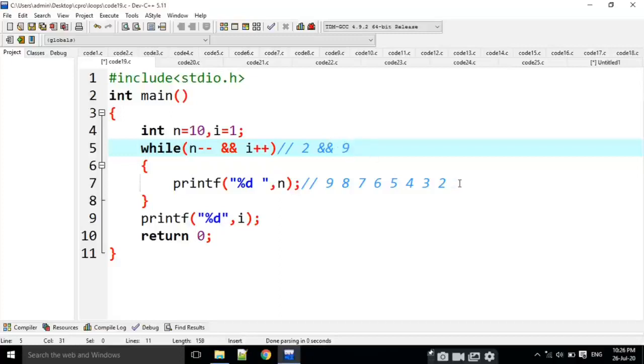Both are true. That's why it is going to print 1, and i becomes 10 and n becomes 1. Both are true again, and it is going to print 0, and this is 0. But if it is 0, it never comes to the next statement. Why? Because this is the logical AND operator.